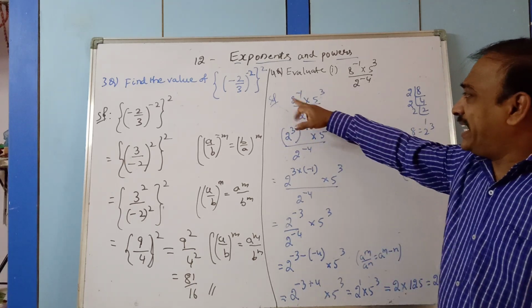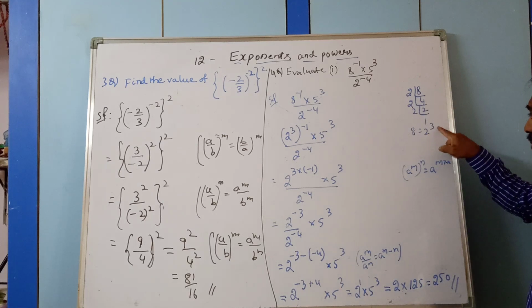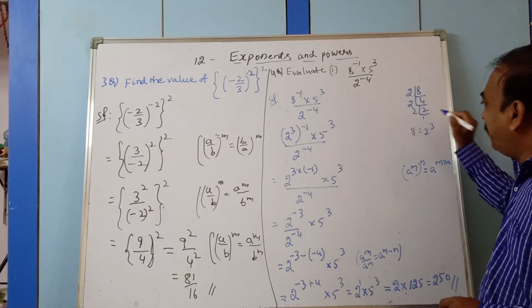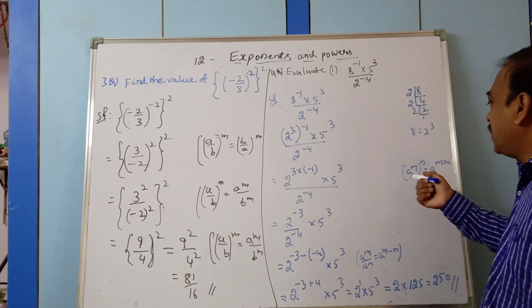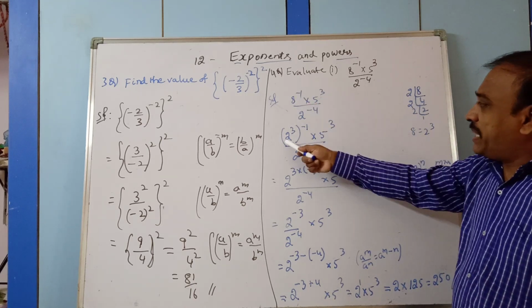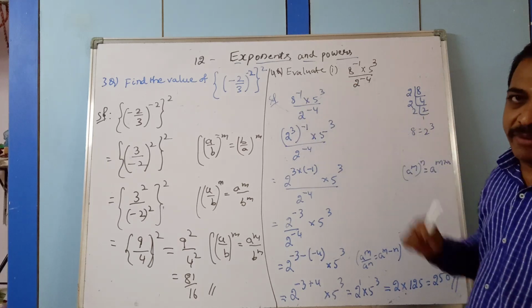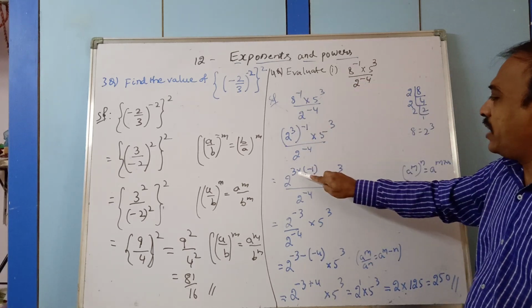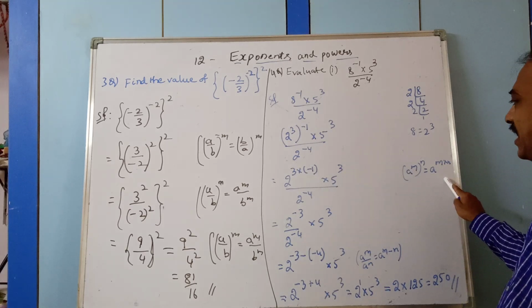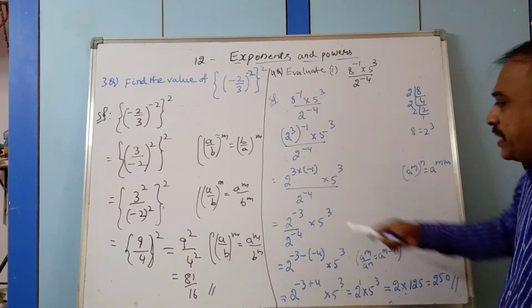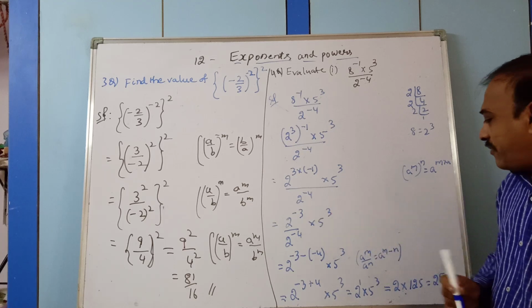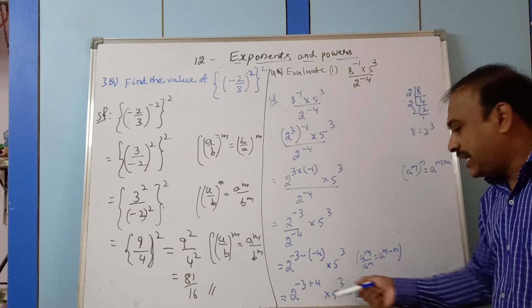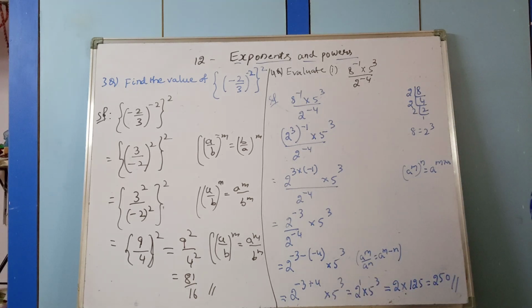So first, here 8 power minus 1 was there. I converted that 8 as a prime factorization with 2 power 3. So 8 can be written as 2 power 3, that whole to the power minus 1. A power m whole power n, so a power m into n. That is the law we used over here. Then again a power m by a power n, which can be written as a to the power m minus n. Then we simplified. This is the final answer.